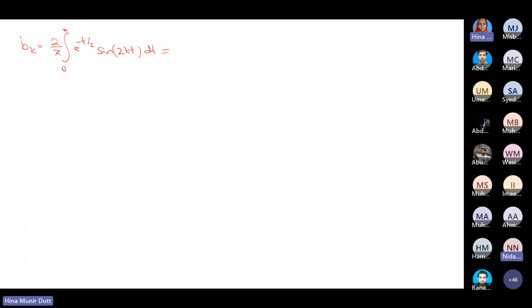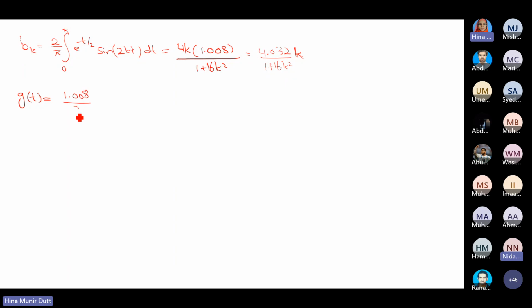I have calculated it. Okay, my Vk is 4k times 1.008 over 1 plus 16k square. And when I multiply 1.008 with this 4, I get 4.032 over 1 plus 16k square into k. This is my Vk. So my trigonometric Fourier series becomes g of t is equal to